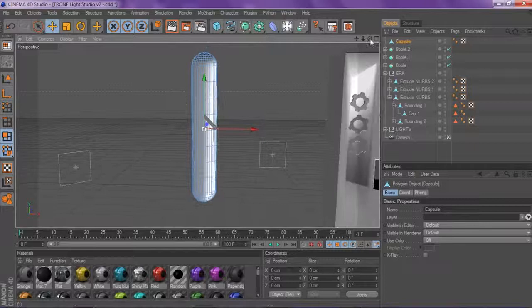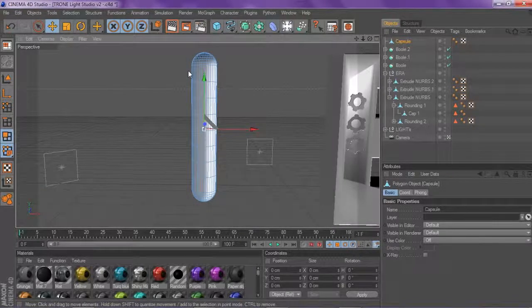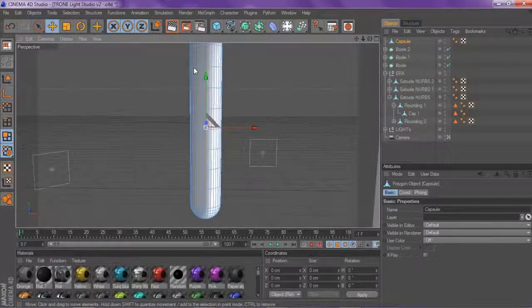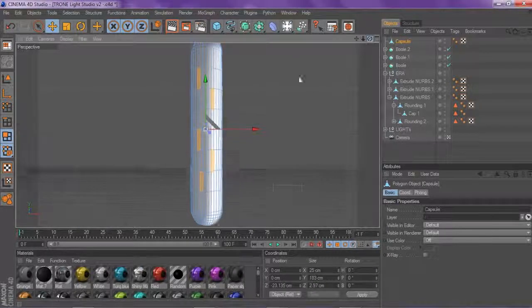And the only things you're going to be using when you model your capsule into a probe looking thing are bevel, extrude inner, and smooth shift. And a little quick tip, you can see these selected cutoffs, you can click, and hold shift to click on more than one place. But as you can see, let's say if you want to like